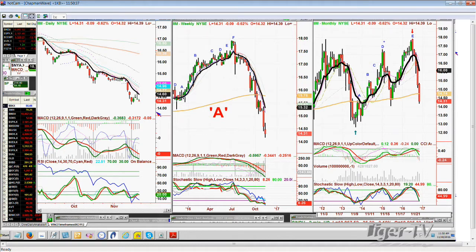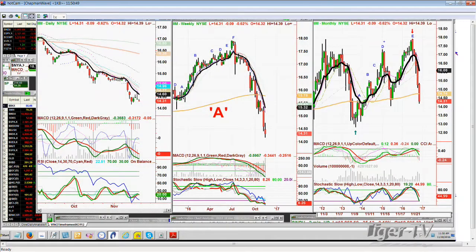Hold off, and then early next week, let's look at it together, and then I might recommend just a starter position, and then I'll tell you how I would scale in. But at this point, I just think we need to see it make some kind of a low. It's kind of close to a low, but let's wait.